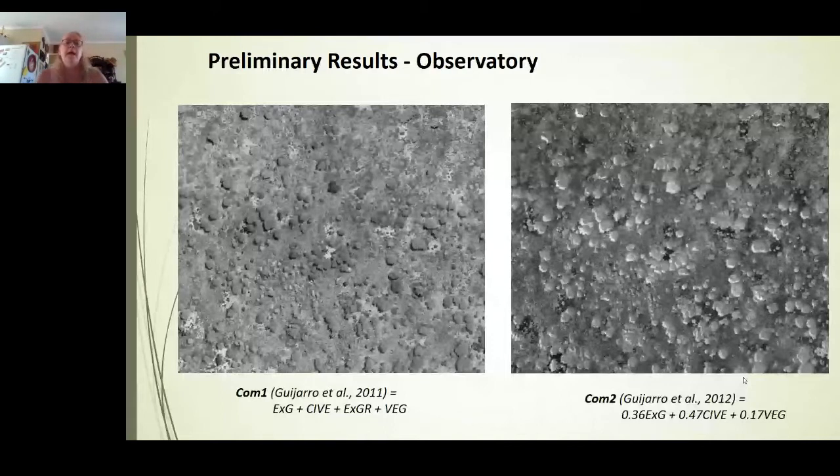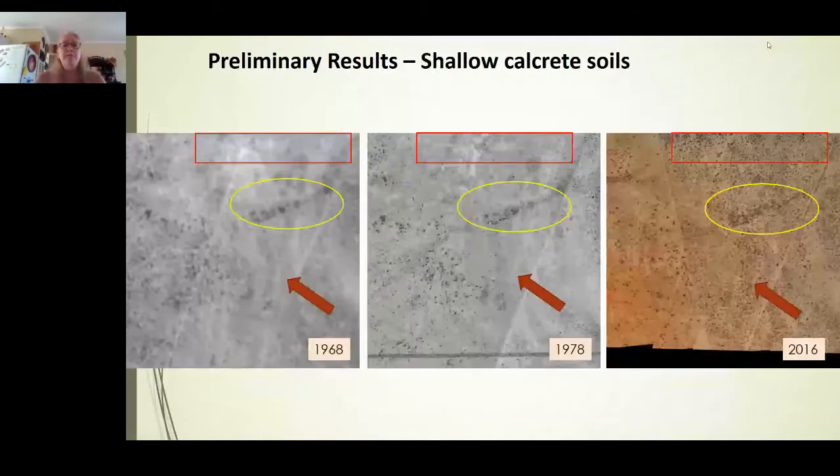Moving on now. This is the other area that we focused on, the shallow calcrete soils. Now, this is just a visual interpretation. Nothing was done on this yet. No vegetation indices, no statistical analysis, nothing. So this is just a visual comparison from the aerial photographs of 1968 and 1978 to the drone image of 2016, which is our base year of drone images that were collected. I've indicated 3 areas here where one can see clearly that there has been an increase in the trees and shrubs on this area. And if we look at 2016 as compared to